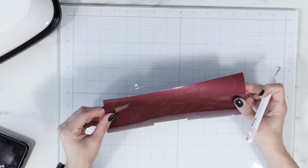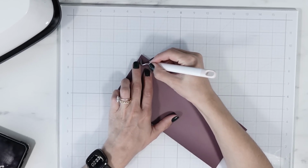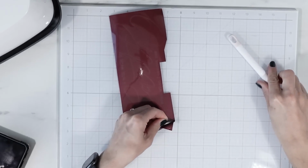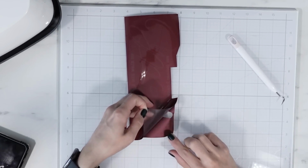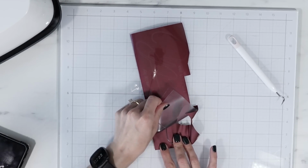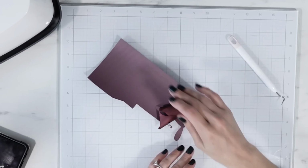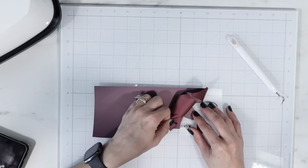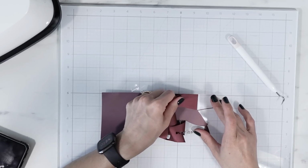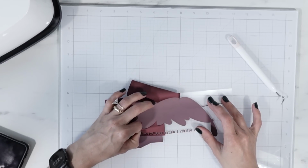So for the first craft, I'm going to be using a new iron-on from Teckwrap, and I'm going to be ironing this on a painted wood surface. I'm excited to see how this turns out. This iron-on is kind of like a satin. It is absolutely beautiful. They asked me if I wanted a couple of things to work with for Christmas because they know how much I love their products, and I use them for the majority of my projects. I looked through their website and I came across these